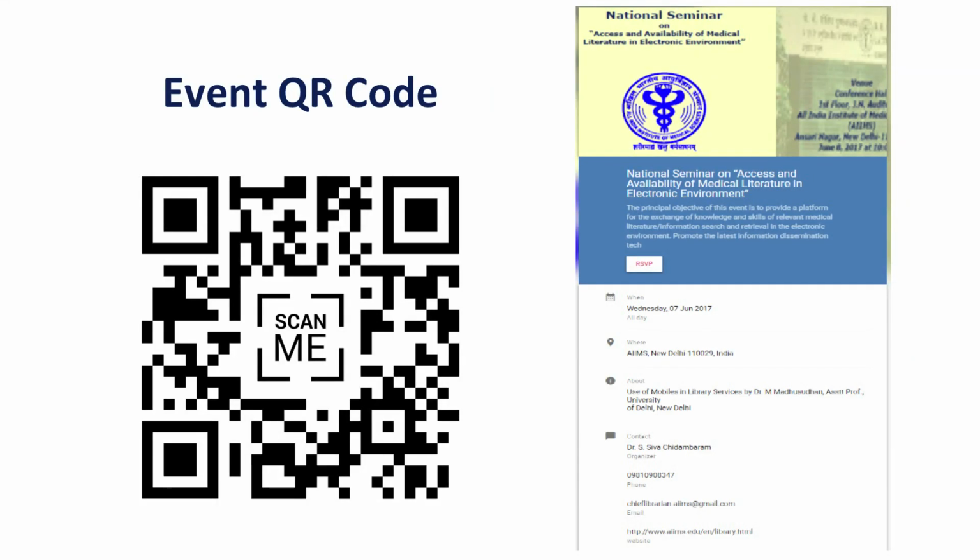Nowadays libraries conduct many seminars, workshops and events according to their purpose and needs, and libraries are spending huge money on printing brochures and other marketing papers. It is very easy and very cost effective if you are using QR codes.